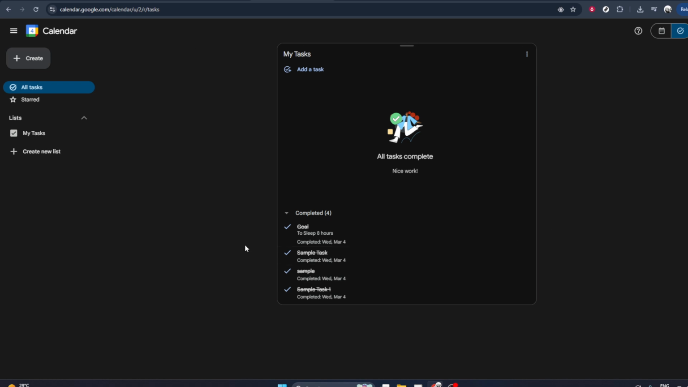If you clicked it by accident, you can click the circle again to uncheck it and restore the task. This flexibility is helpful if you're marking several goals at once or if you're reviewing your progress and need to make corrections. And that's all there is to it. By switching to the task view and clicking the